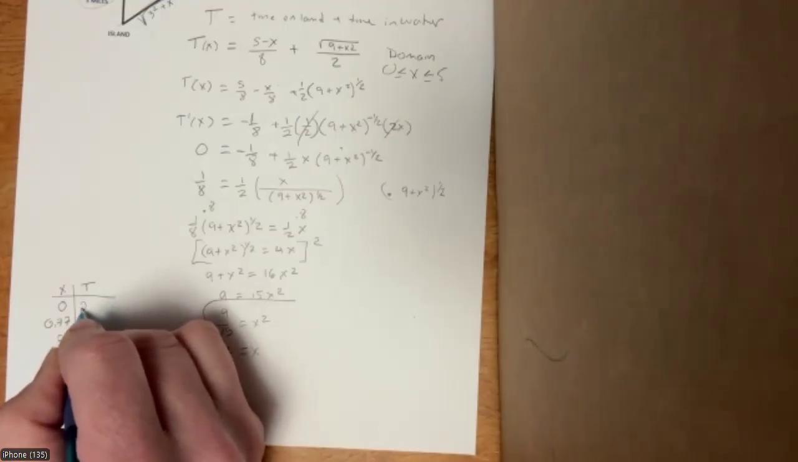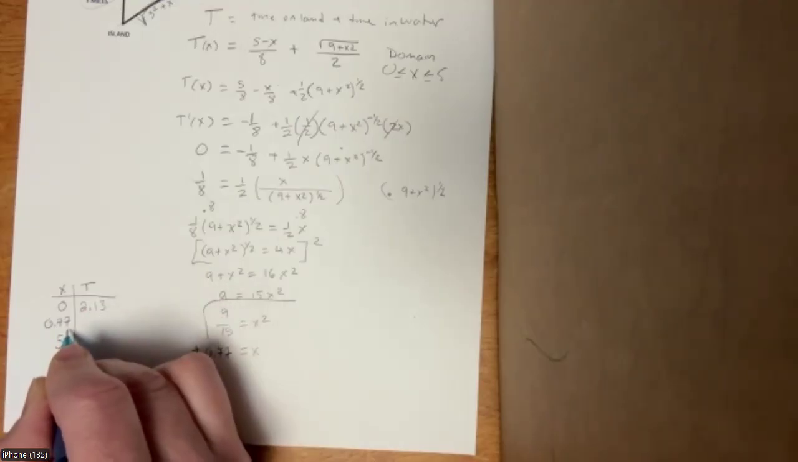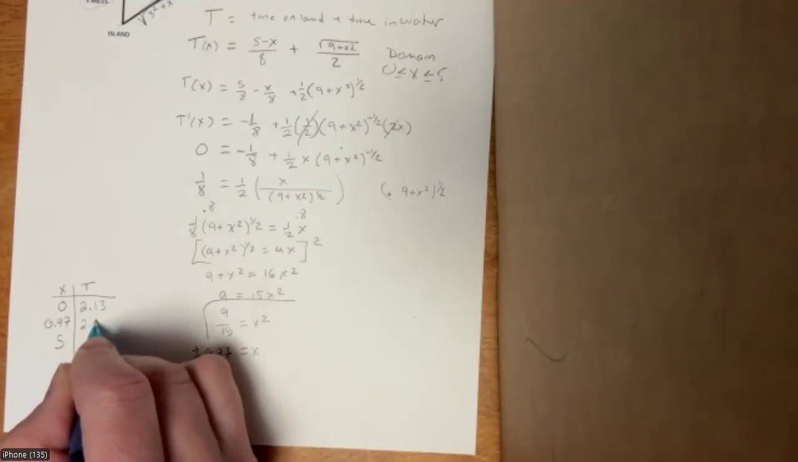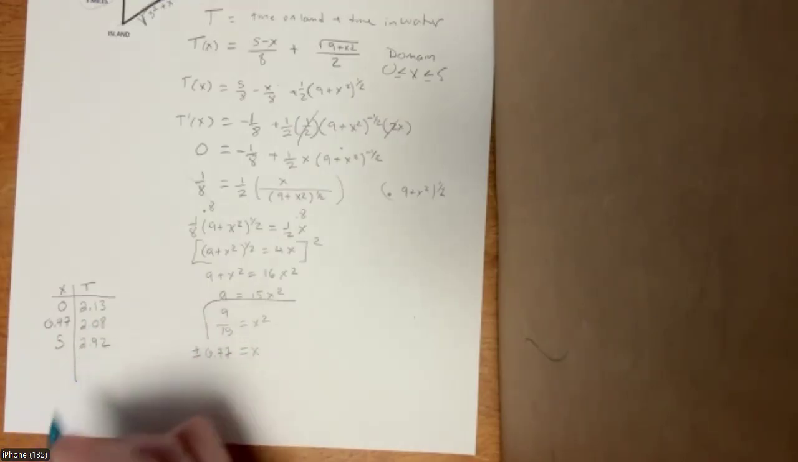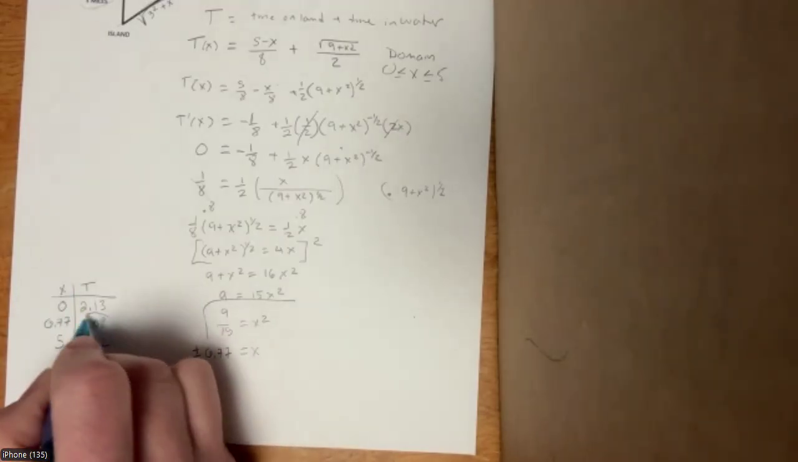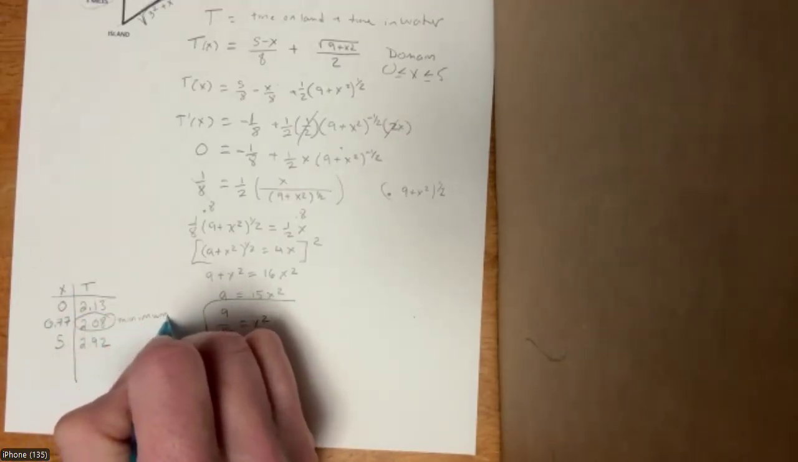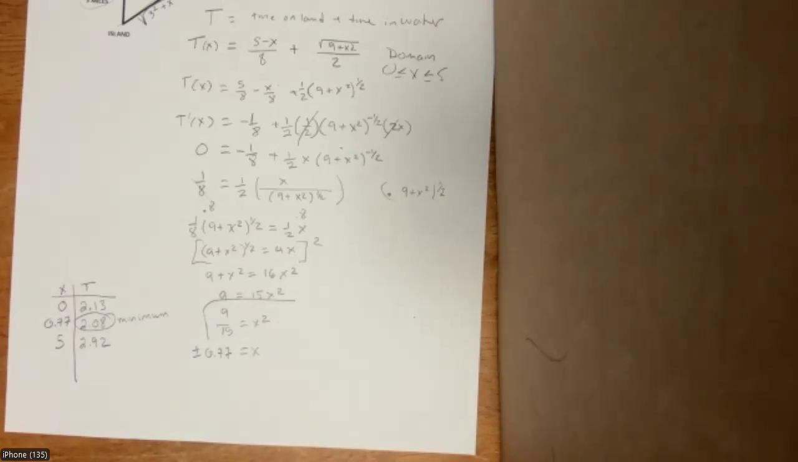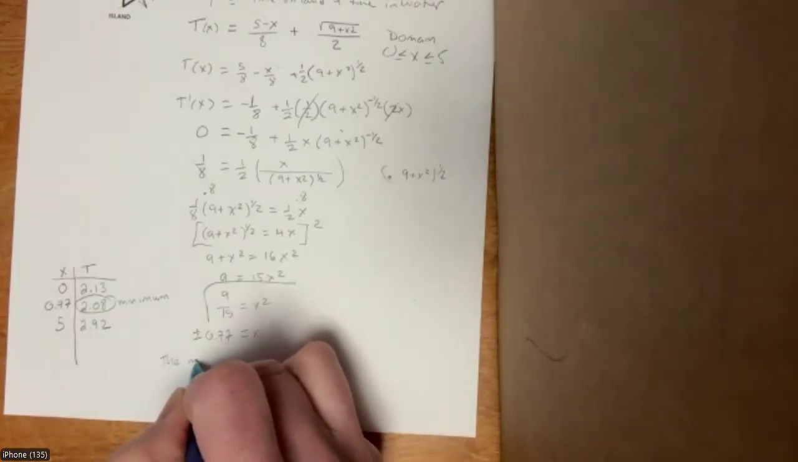And we plug in 0, we get 2.13. We plug in 0.77 and we get 2.08. And we plug in 5 and we get 2.92. And we were looking for the minimum time. So this is the minimum. And reminder, we had a closed interval, so we don't have to check that we really got a minimum. The lowest one is going to be the minimum. So the minimum time